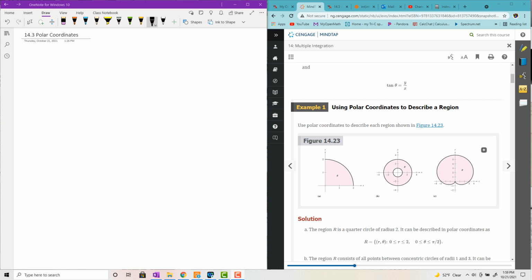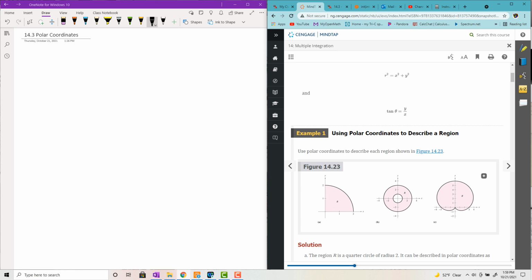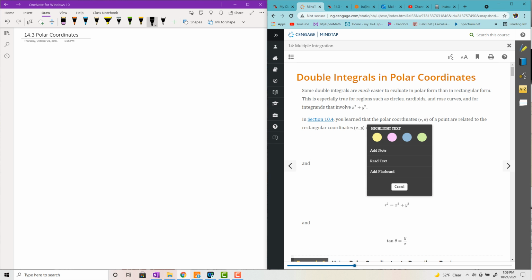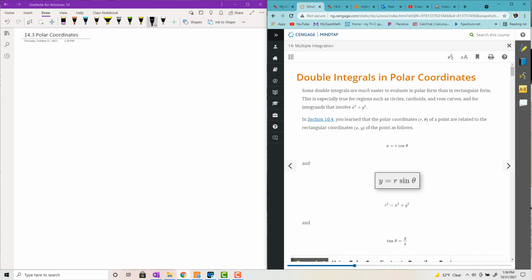Hey, welcome back. Now we're going to do polar coordinates. So the regions we've been integrating over are often circular, and what happens is it's producing these crazy kind